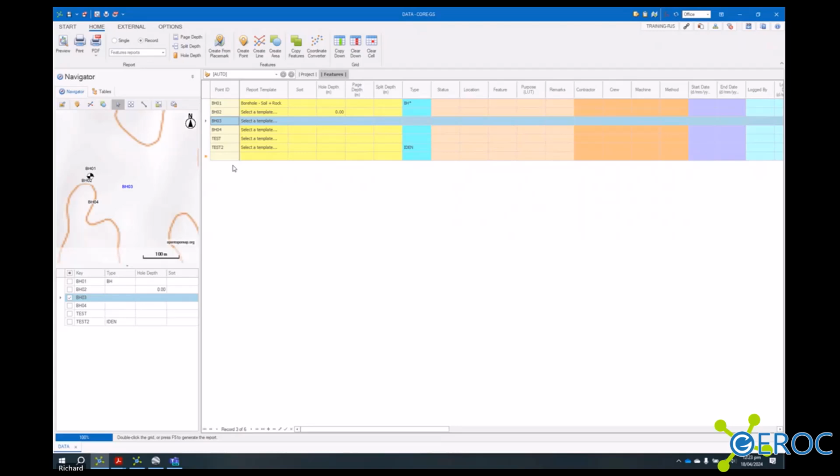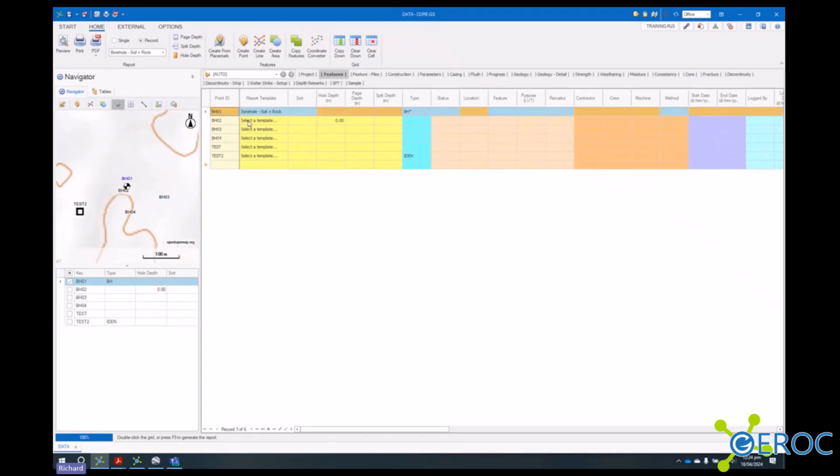One of the important parts of Core.js is the use of the workflow system. This is a critical tool for ensuring that data is organized and presented effectively. That system is essentially set up by assigning a report template to an investigation location. A report template acts as a blueprint, determining what information will be displayed, how it's organized, and how users interact